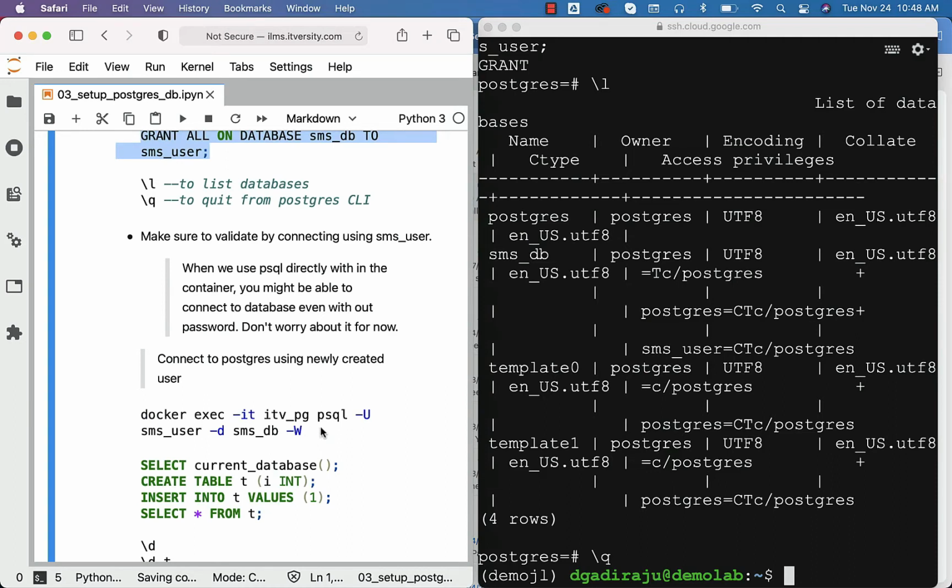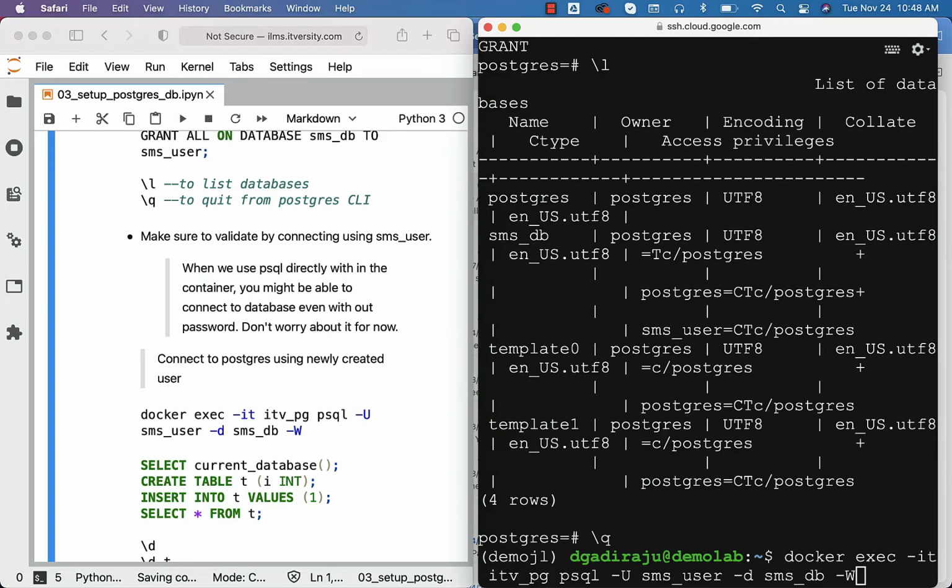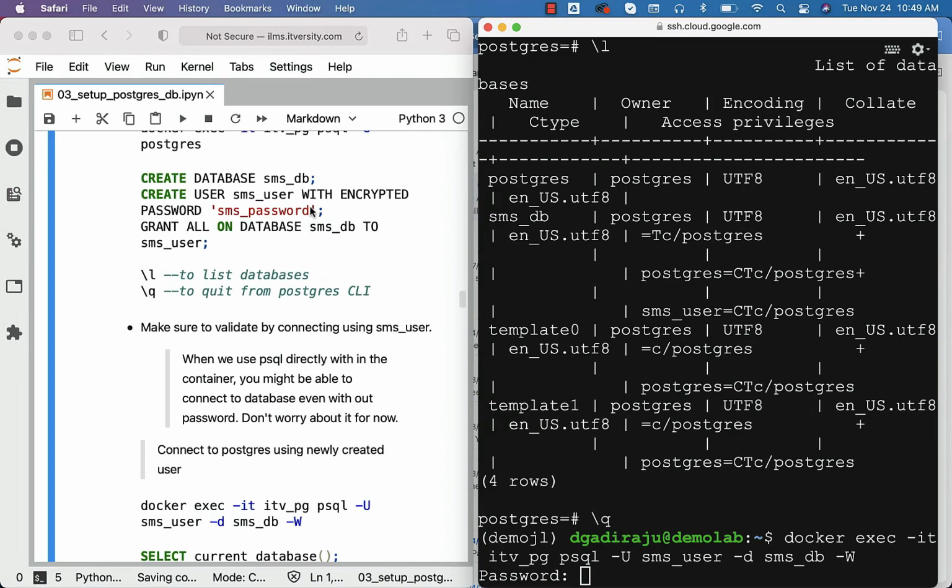You can say docker exec -it itv_pg, which is our container name, psql -U SMS_user, where SMS_user is the username, -d is the argument for the database, and SMS_DB is the database which was created earlier, -W to prompt for the password. Now I can paste this and use the password with which I created the user. So this will facilitate us to connect to the database SMS_DB using SMS_user.